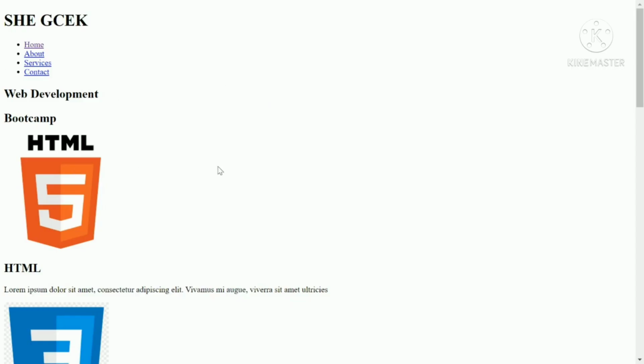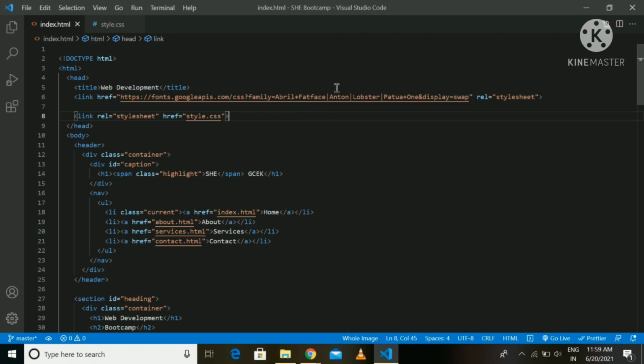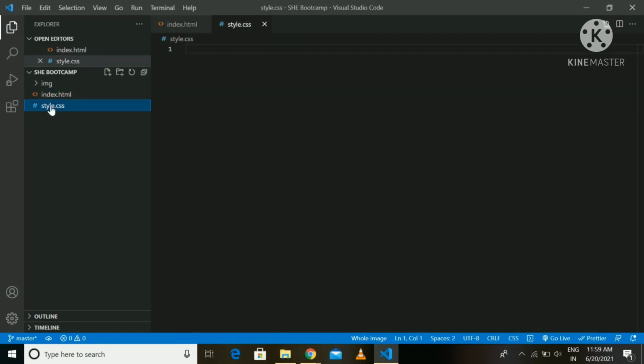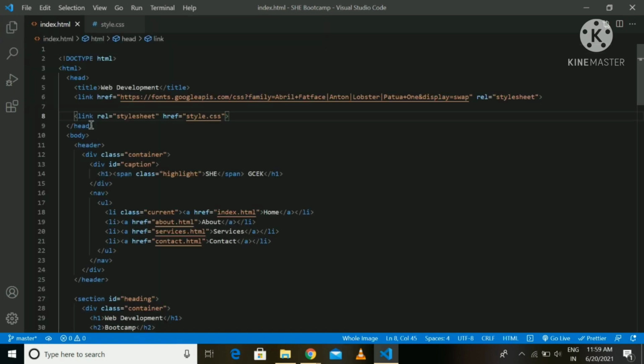This is our HTML code without style. So here we have a logo named CGCK and 4 nav links using unordered list: home, about, services, contact. So let's look how can we style this. For styling, first of all, we should add an external style sheet to our HTML code. Here, I have created an external style sheet named style.css, and also I have attached the style sheet to the